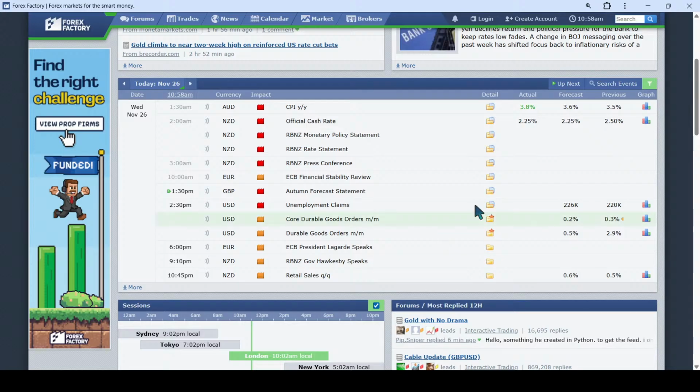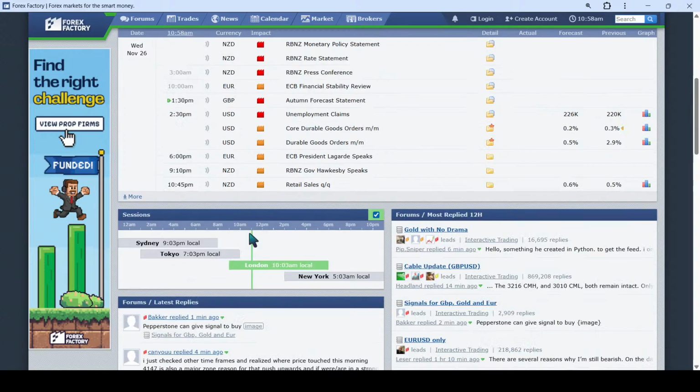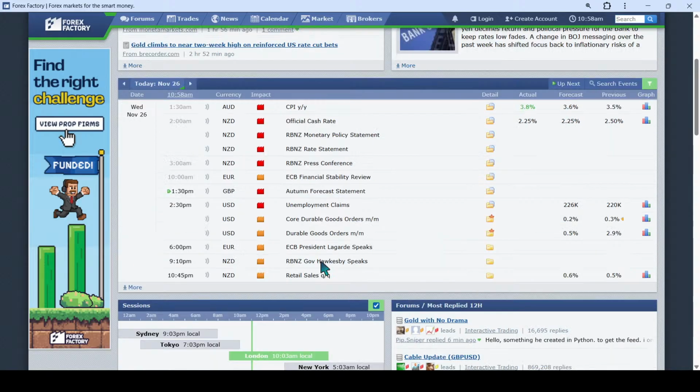We already had the CPI for the AUD earlier today. Okay, came out as 3.8%. If you check the AUD or the NZD, you see that they skyrocketed, so there's that as well. Well, I guess that is that for what we have for the news today. We entered not long ago into the London session. All right, so as you're heading into the London session, let us look into what we could possibly have for the New York session.